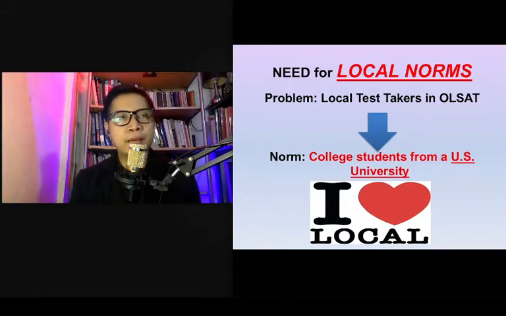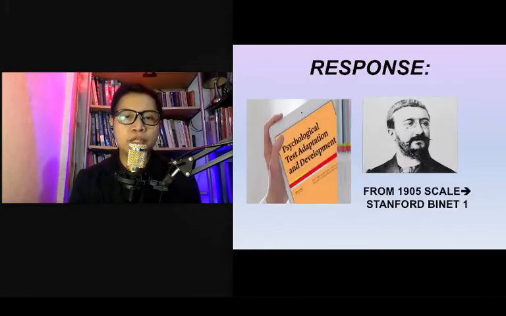Ano ang posibleng problema kapag kinumpara mo yung isang raw score with a norm na hindi appropriate, hindi siya local norm? There might be inaccuracy. Ibig sabihin, kung ano man yung label na ibigay sa'yo nung norm, given the raw score of that person, we cannot be entirely sure. In fact, there is a high chance. Malaki ang posibilidad na yung label na makukuha mo to interpret that raw score, it's not accurate. Mali. Kaya mahalaga talaga na sisiguraduhin mo tugma ang raw score doon sa quality ng norm.